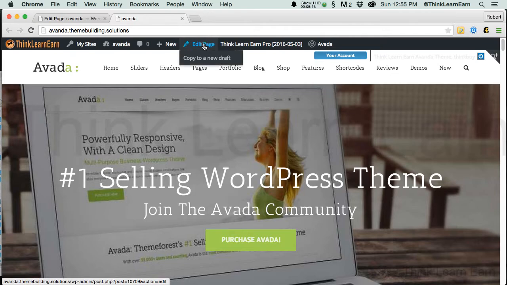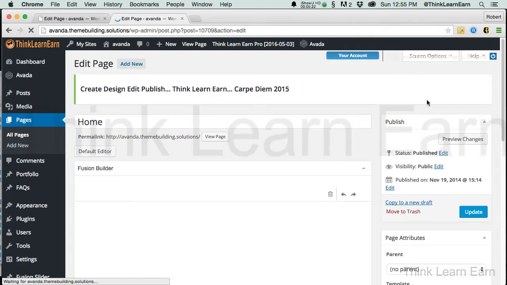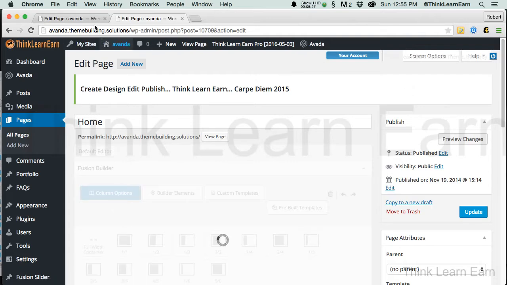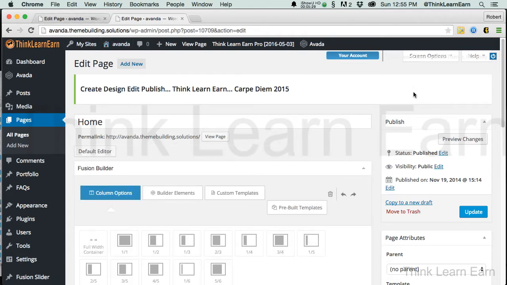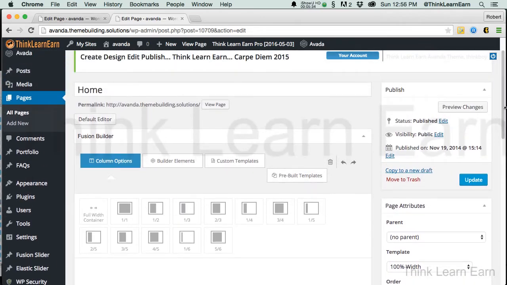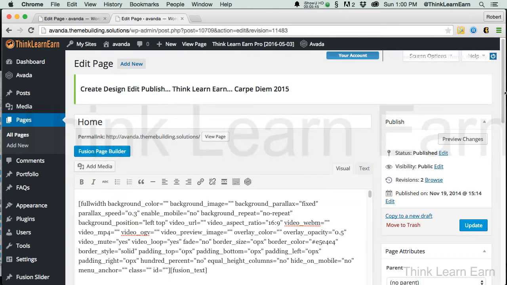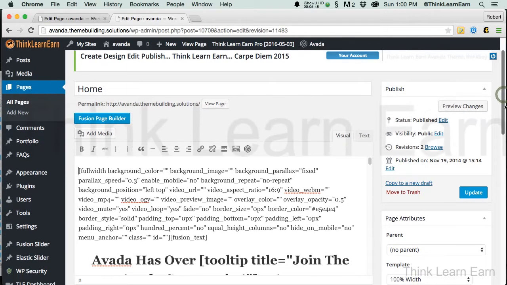We're going to hit Edit Page. And here is how the Avada theme thinks, and here's what it needs from you. Everything you just saw there on that page was presented using the Avada theme. So, once again, I'm going to share with you how it thinks. I'm going to click right here under Default Editor. And what you're going to see, if you're new to WordPress, if you're new to the Avada theme, is a